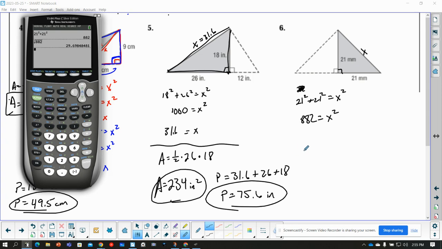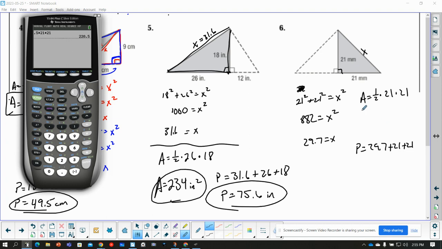29.6, that would be 29.7. All right, so now we can find everything we need. Area is 1/2 times the base times the height. And the other one is going to be perimeter is 29.7 plus 21 plus 21. So let's do the first one there, 0.5 times the base, times the height